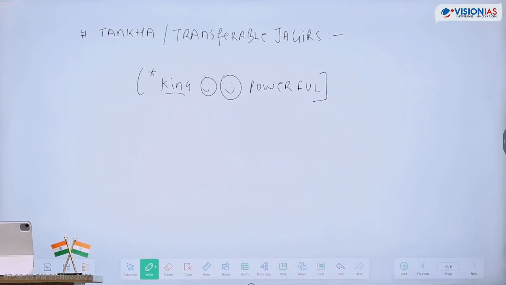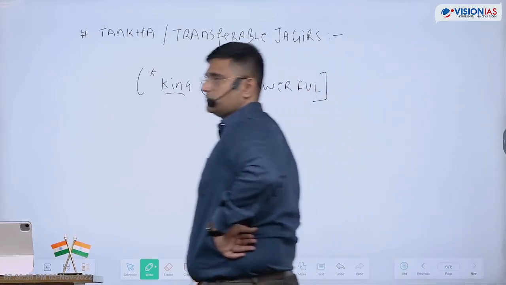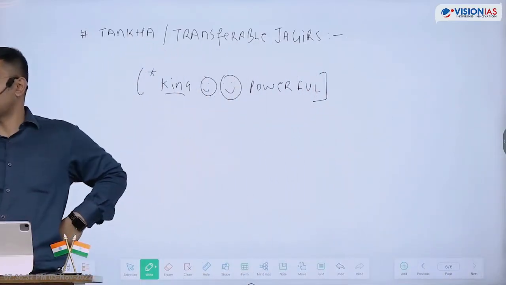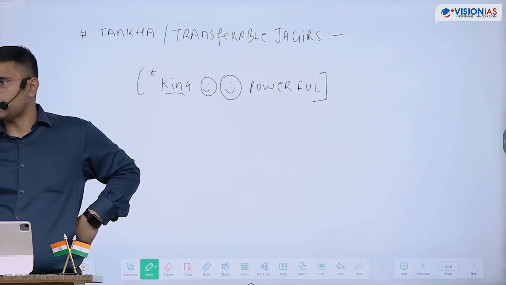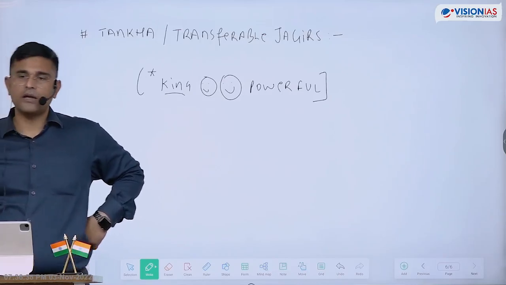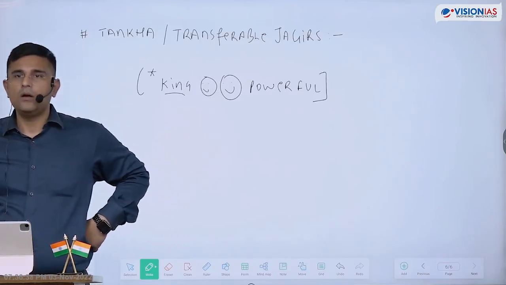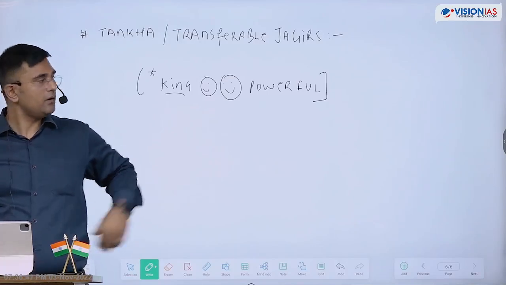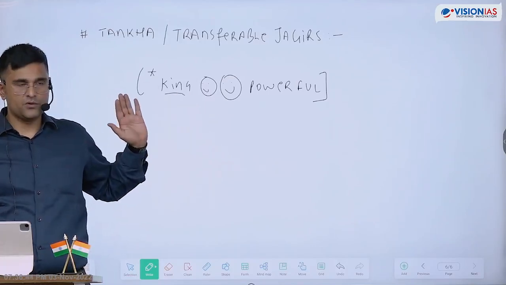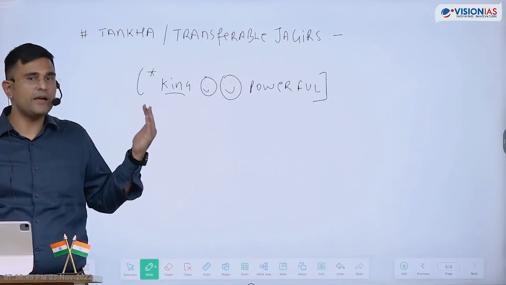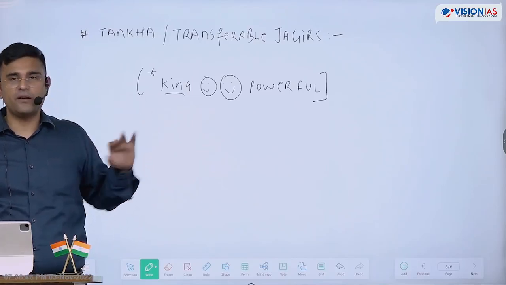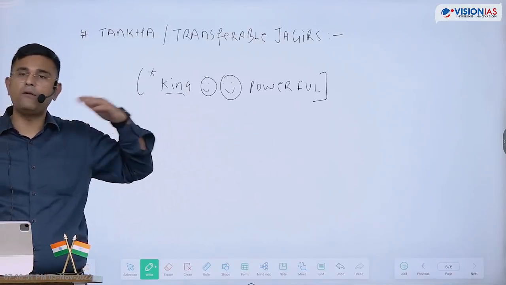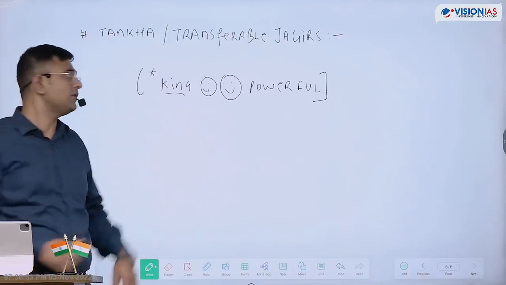Power is political power, economic power, social power, spiritual power, right? So it is the king's power. Taking away of mansabs and taking away of jagirs, that is how the king feels powerful, right? So therefore king is powerful. So the more the percentage of tankha jagirs and the less the percentage of the second kind of jagirs, the more powerful the king. What was the second kind of this? So write down